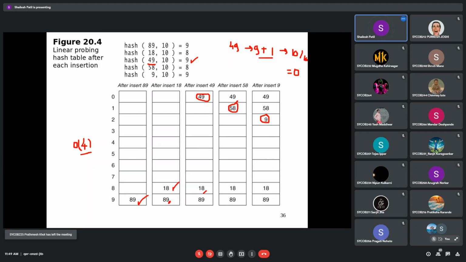Will deletion be the same, or will it require some extra effort? Suppose I have to delete one number, say this 49. So how can we delete this? Just tell me the strategy for how we can delete this.